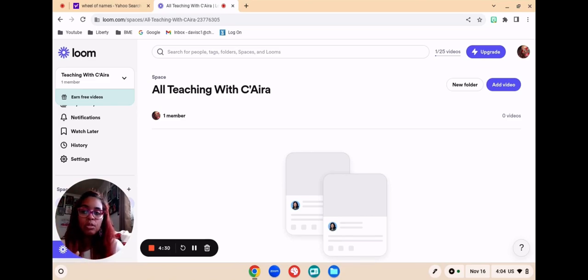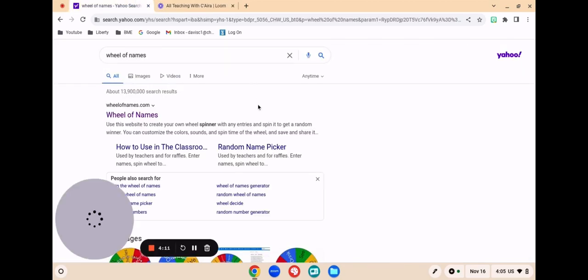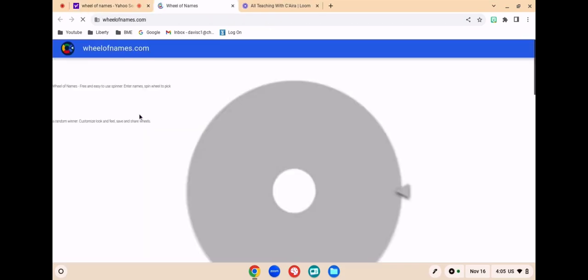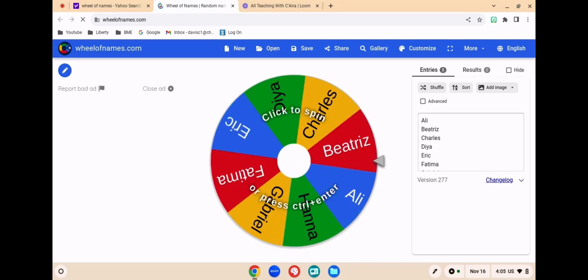It's just really great. Some of the things that are really helpful when doing the Wheel of Names are entering their names, letting it spin, and doing things like that. You can also do these for things like giveaways, prizes, or whatever it is that you want to do. So I'm going to take you over to Wheel of Names. If you go to Google or Yahoo and you type in Wheel of Names, it is going to pop up